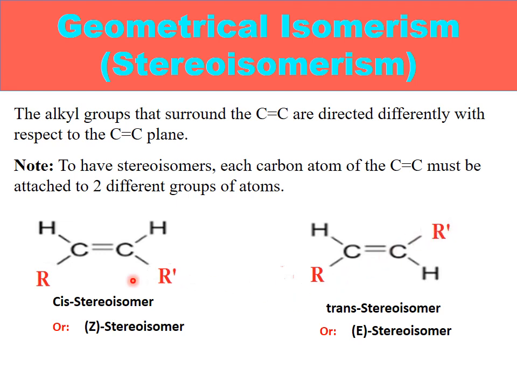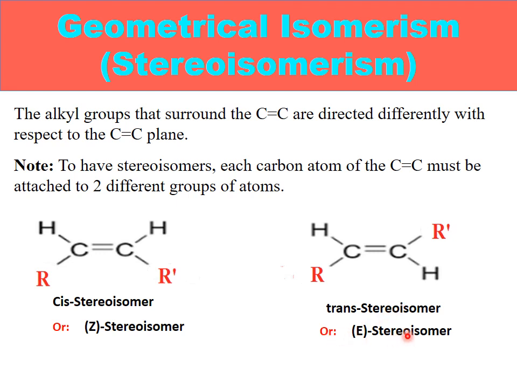So, the two compounds are called stereoisomers since the difference between them is in the orientation of the two alkyl groups. In the first case, when the two alkyl groups are directed to the same side, then this stereoisomer is called cis stereoisomer or Z stereoisomer. While in the second case, when the two alkyl groups have opposite directions, then this stereoisomer is called trans stereoisomer